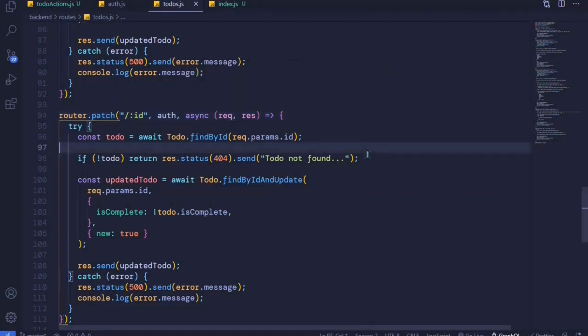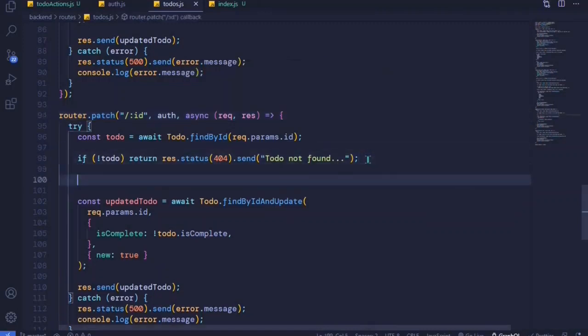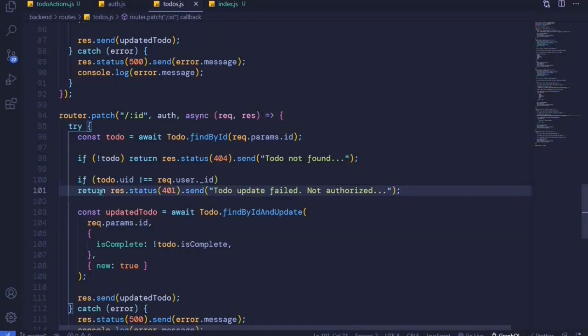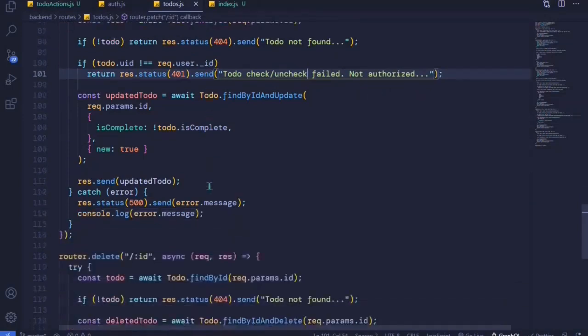If the to do exists, then we'll perform this check, the same as the above. Okay, so only the message will change, maybe to do check, uncheck